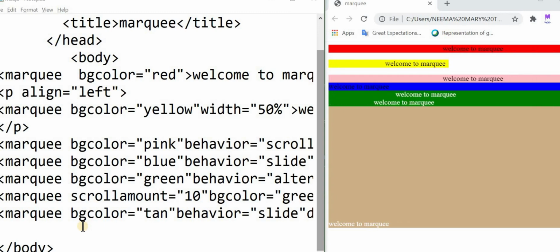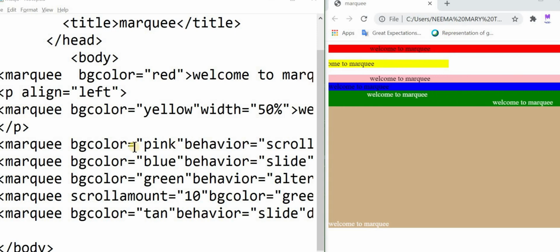H space is for horizontal space and V space for vertical space. H space leaves a space from the horizontal edge to the starting of the marquee, and V space leaves a space from the top edge to the starting of that marquee text.